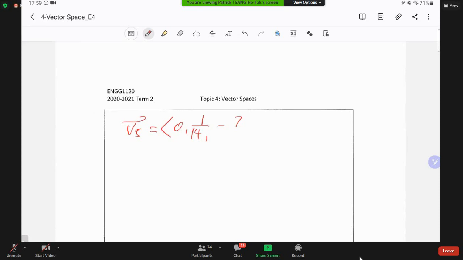Oh, sorry, this is not 7. 1 divided by 7. So for V5, after some steps, you can write it out, and then you should be able to get the following vector. So now, based on the old notation we introduced in the film 7,